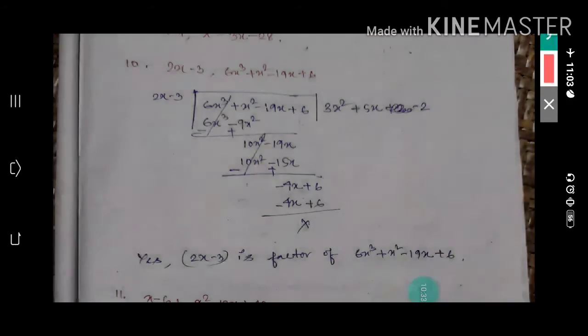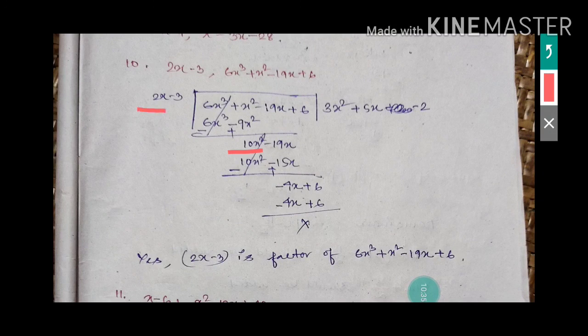Now you need 10x square. Here 2x you have, so what do you have to multiply with 2x? You have to multiply 5, since 2 fives are 10, but I need x square. Already 2x is there, so I need to multiply another x. So 2x into 5x, I will get 10x square. Okay, now minus 3 is there, so with minus 3 you have to multiply that term. Minus 3 into minus 5 is 15, x is there, that means minus 15 you will get.